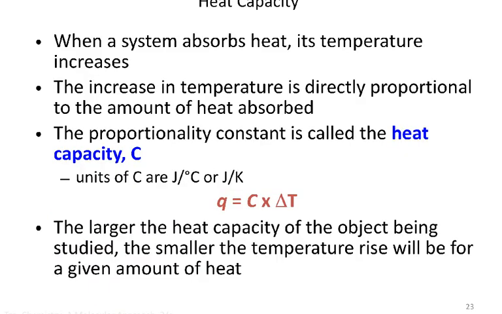And that increase in temperature is directly proportional to the amount of heat absorbed. But we need a proportionality constant because not all things absorb heat in the same way. So that proportionality constant is called the heat capacity. And the units are either joules per degree Celsius or joules per Kelvin. And our heat is the heat capacity of whatever object or liquid we're looking at times that change in temperature. So the larger the heat capacity of the object, the smaller the temperature rise will be for a given amount